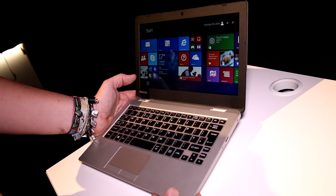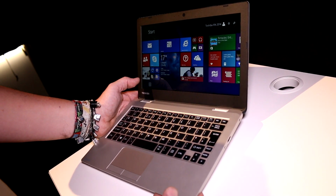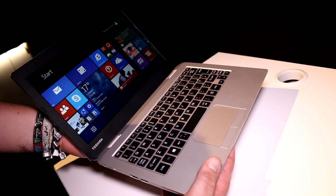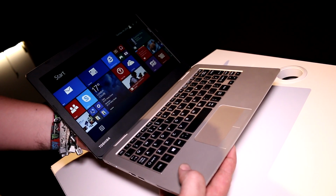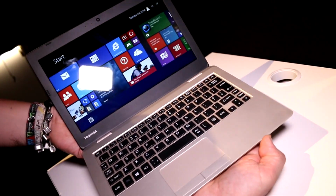US pretty soon. And the reason why they can do this so cheaply is because it is using an Intel Celeron N2840 dual-core SoC in here that's running at 2.16 gigahertz at the maximum. The standard frequency should be around 1.6 gigahertz, I think, but I can't really promise you that, so just look it up. And otherwise, you have 2 gigs of RAM in here, 32 gigs of flash storage, so